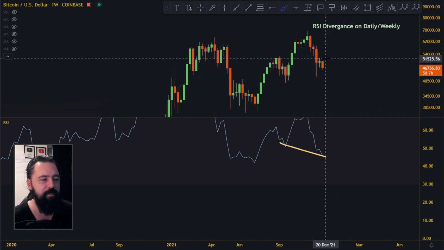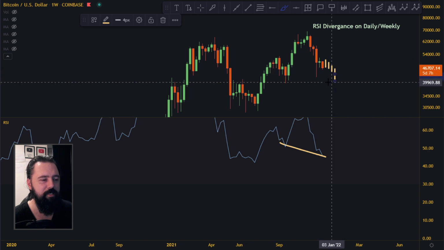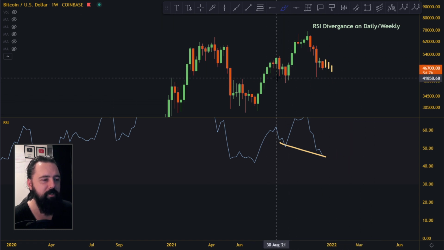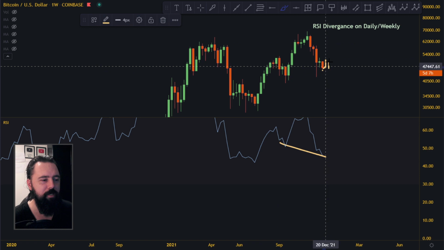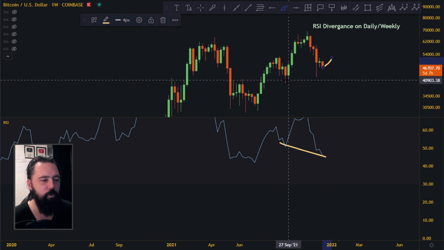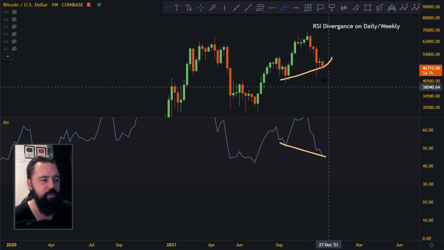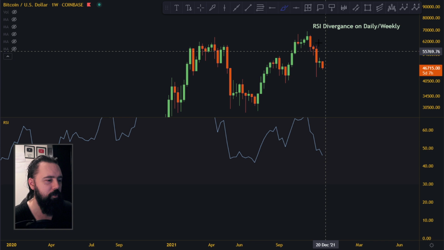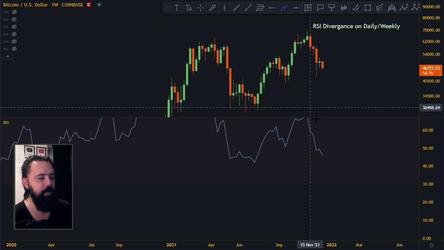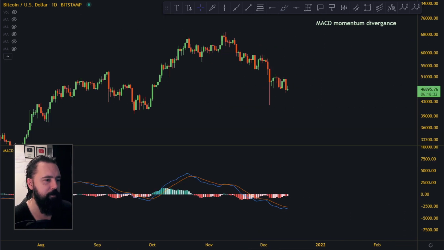Now in the next couple of weeks we're going to see if we can actually fall down there. But right now it looks like after this smack that we need to go a little bit towards the upside, and if we go towards the upside, that just might create a very nice push towards the upside. So I'm looking definitely for a push towards the upside right now. I still think this is some kind of bottom. So you can see here also on the weekly RSI that we have some kind of divergence down there.